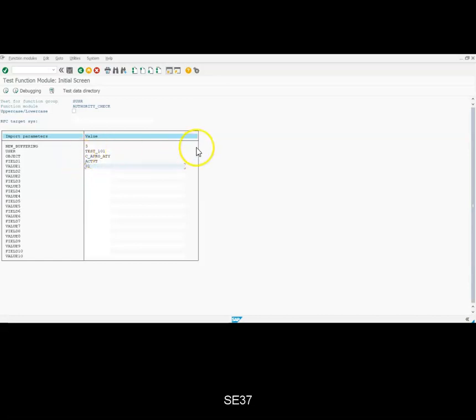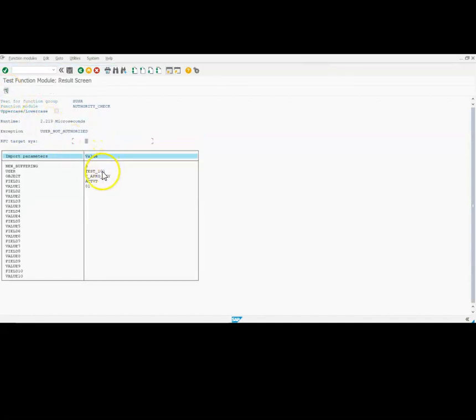When you pass these input parameters, you will get the output. I'm going to execute this. You can see here the exception message is coming as user not authorized. So this can be used to evaluate in the report, and we can restrict the user from executing the report.